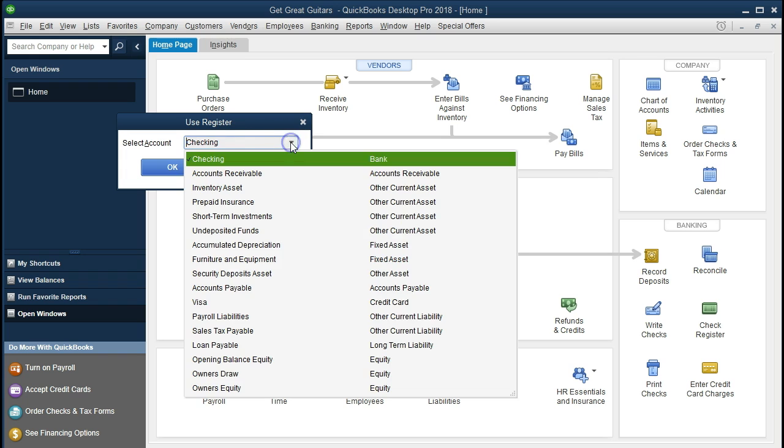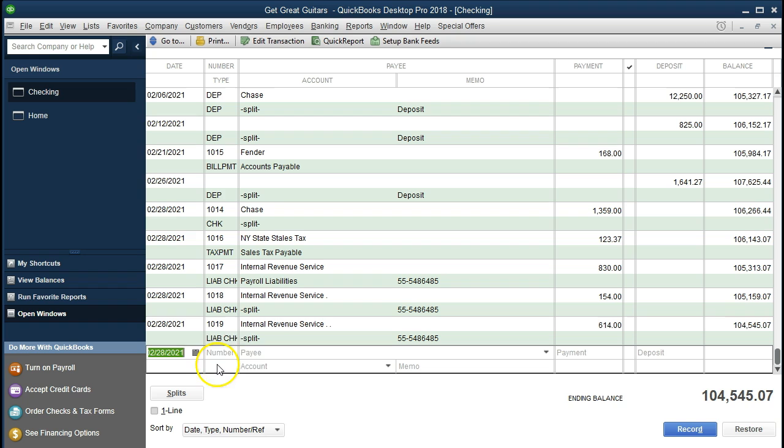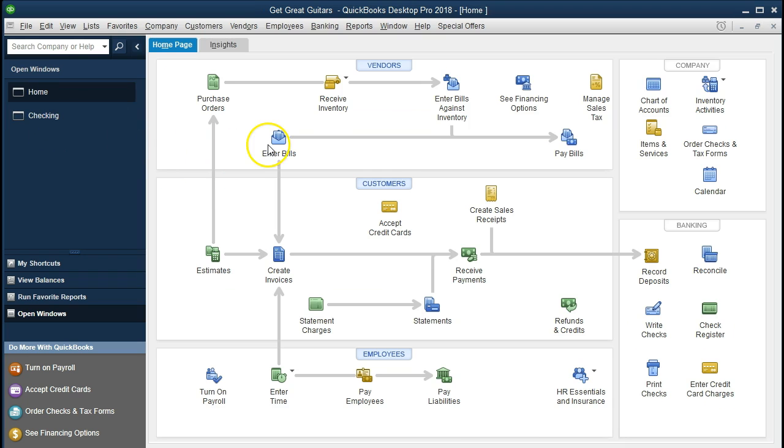That's going to be our main checking account here, and OK. And we could enter the checks here with the check number and the amount. We'll go back here and see what is being generated within the check register. Just note that if you're not actually writing the checks, sometimes using the check register is faster if you just want to enter the data in order to generate the financial statements and get what you need in terms of reporting processes. We're going to go back here in the open windows to the home tab and start entering the